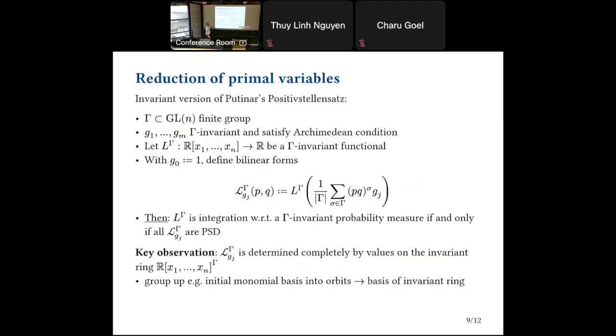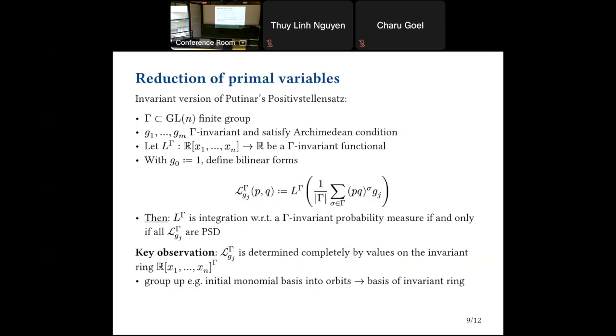The idea is to use this invariant version of Putinar's Positivstellensatz, which says that if you have a finite group acting on a polynomial ring in n variables, and we have a semi-algebraic set where the defining polynomials are invariant under the group action and satisfy the usual Archimedean condition,